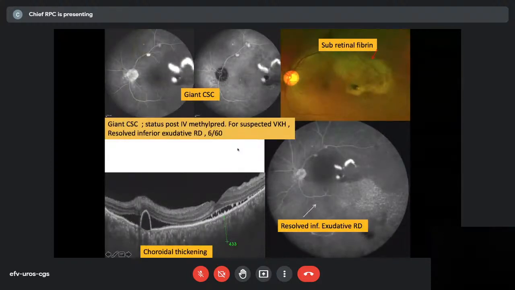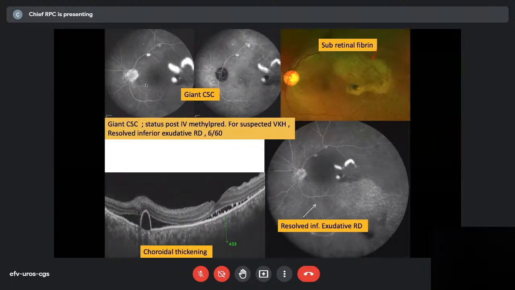And these are patients who actually had CSC and by accident got treated with methylprednisolone, thinking it was VKH. VKH pictures also show the multiple leaks. And sometimes somebody not very sure about what it is probably gave IV methylprednisolone in the case of CSC. If you give steroids like this, IV methylprednisolone, that's the end of the eye. It's going to be a disaster.